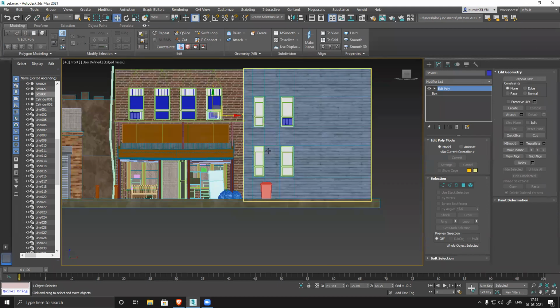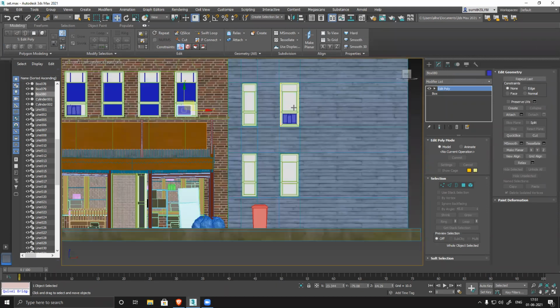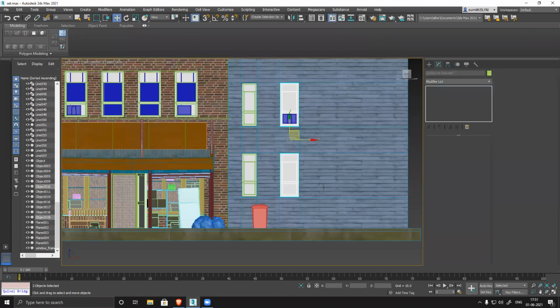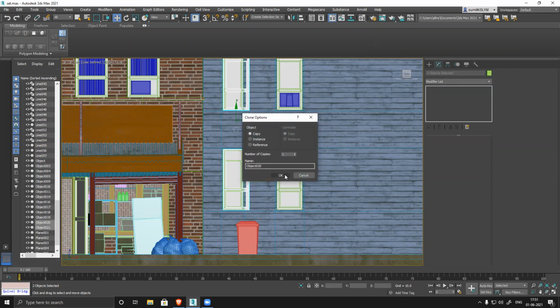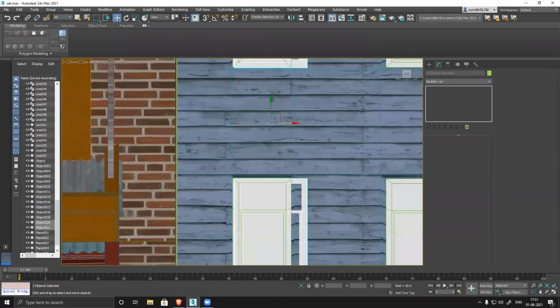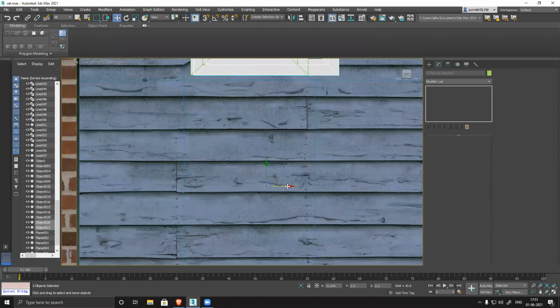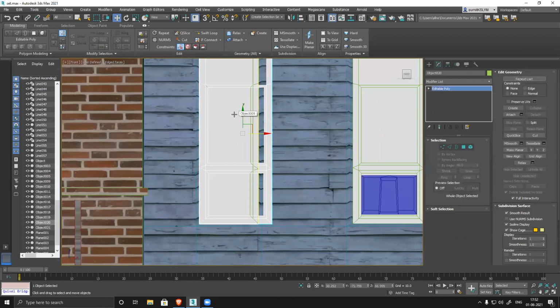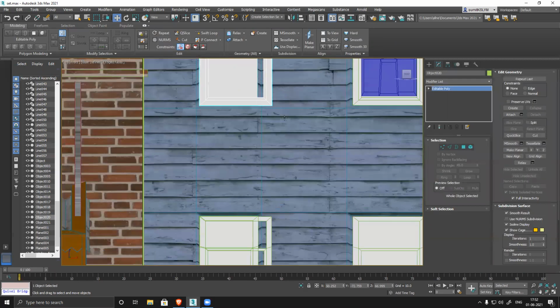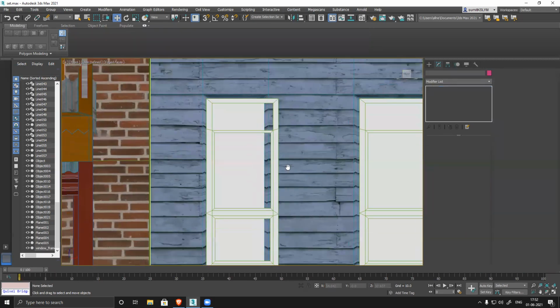So before this, I'll fix this entire thing. Shift and place it here. Align it nicely. Now this backside, delete, delete, delete.